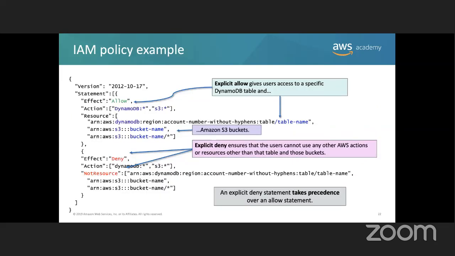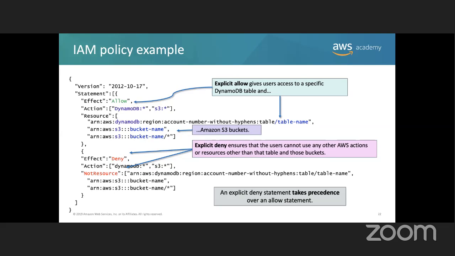This is what a policy looks like. The effect is allow. The action is DynamoDB, whatever is inside DynamoDB, and whatever is inside the S3 bucket. The resource is going to be a DynamoDB table. You see the region, the account number with the hyphens, and the table name. That is the ARN format of a DynamoDB.